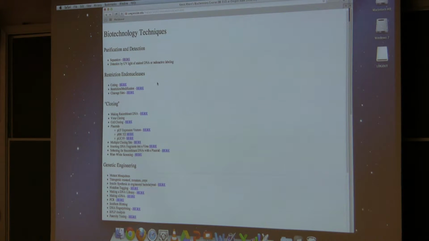Ethidium bromide, E-T-H-I-D-I-U-M, B-R-O-M-I-D-E. We use a dye called ethidium bromide to help us visualize fragments of DNA. So the beauty of ethidium bromide is I can take ethidium bromide and I can